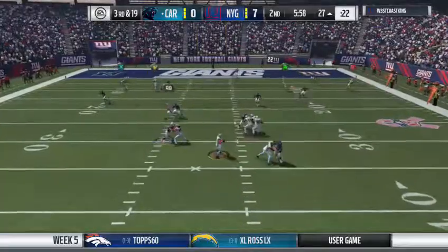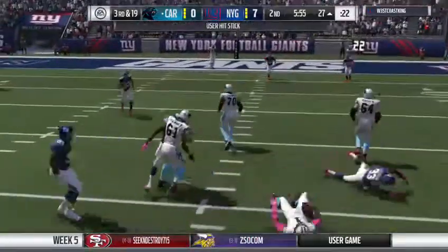3rd and long for Prescott. Finding time. And they'll be inside the 25 now at the